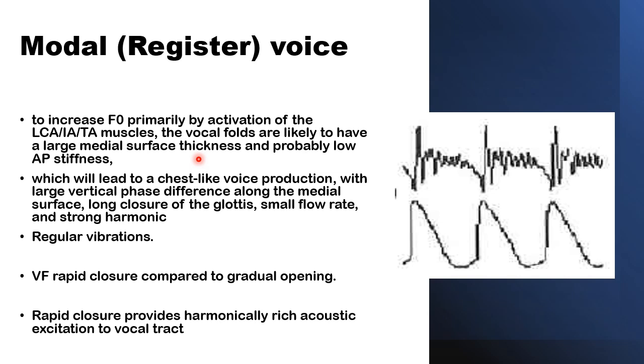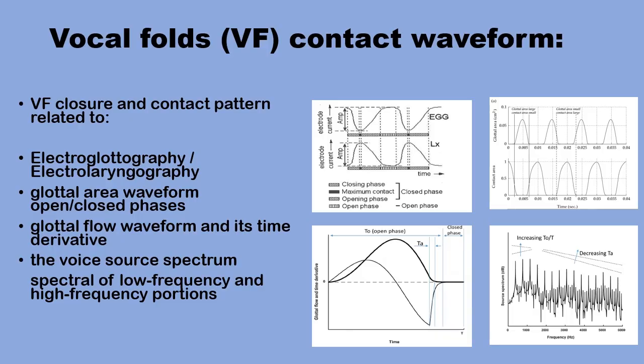This would produce a large vertical phase difference between the medial ends of the vocal folds, an appropriately sized closure quotient or open quotient of the glottis, and a small flow rate and strong harmonics. Vocal fold contact waveform can be captured and registered by electroglottography. Understanding the factors that can influence and modulate the contact mode would be useful in the analysis of the results